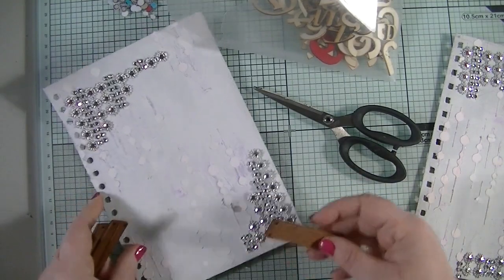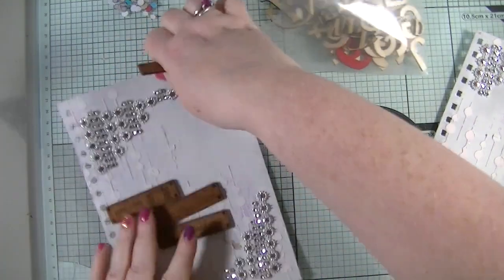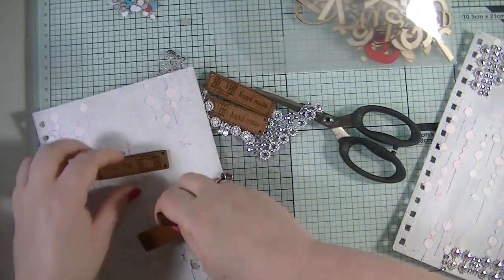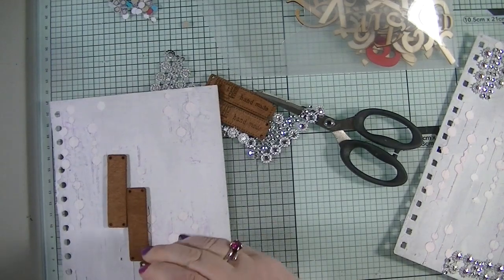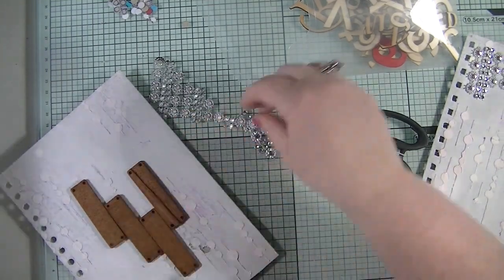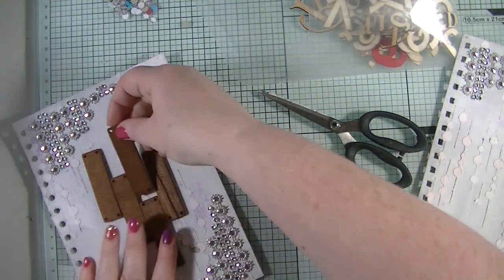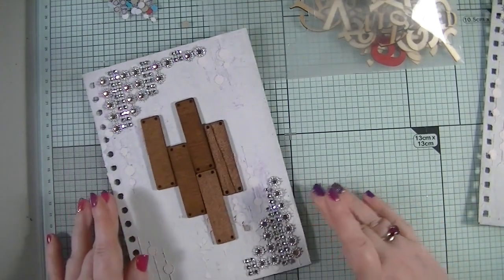I'm going to grab these 5. Now I'm going to stick everything down with gel medium. So now my book has curled, and that's just where it's dried. Should have really put a book on top of it or something. We're going to have these this way, I think. And again, it's just to add that little bit extra something, isn't it? So I have that bit on there. We have this bit there. So I'm thinking something like that. I'm liking that, right? Because I'm liking that, let's grab our gel medium